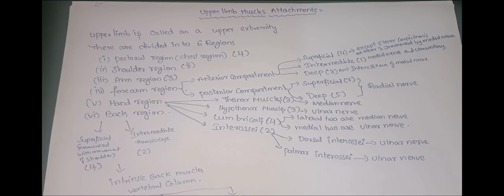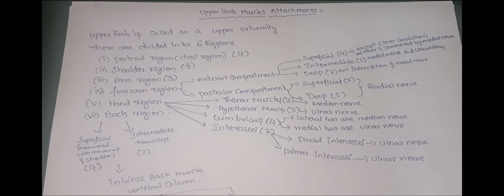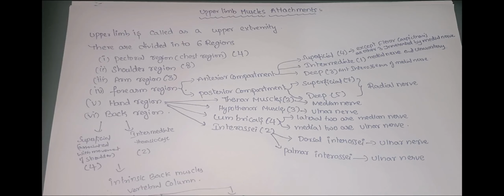So what is the definition of muscle? A muscle is a band or bundle of fibrous tissues in the human body that has the ability to contract, producing movements in or maintaining the position of parts of the body. Contracting ability is there for muscles, so it helps in the movement of the body also. So this is the general definition of muscle.